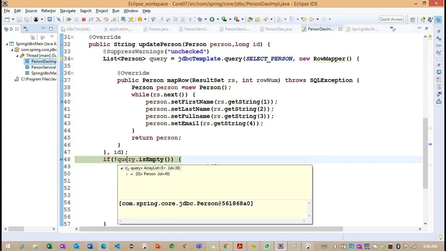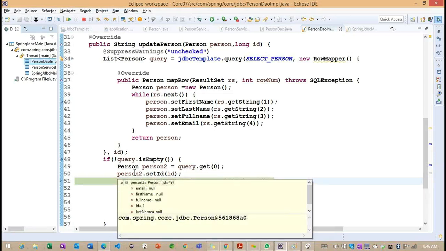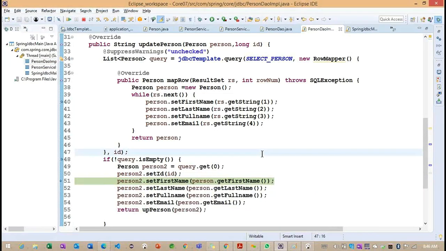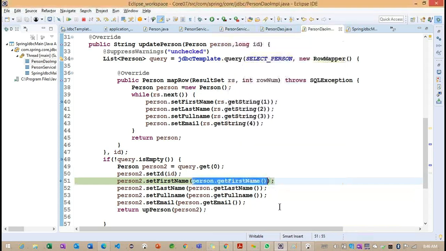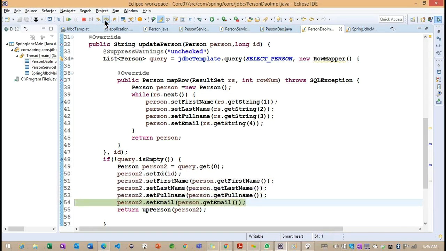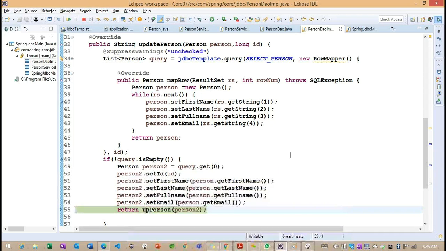Now observe, for the query we are getting 1 person. It's not empty. So person2 has ID 1. The ID is the same, but the object we are updating here, I think it is working properly. All are updated here.